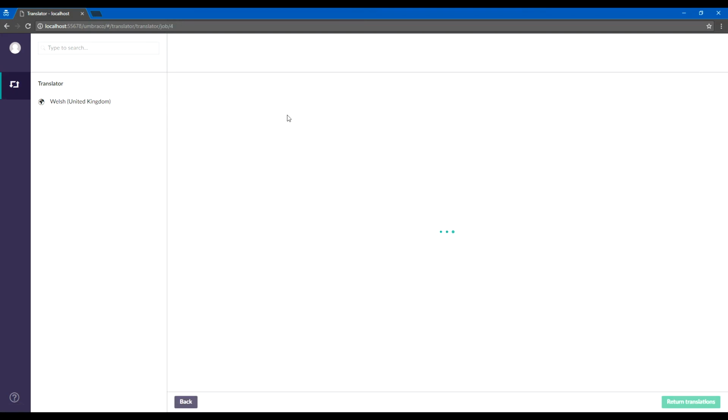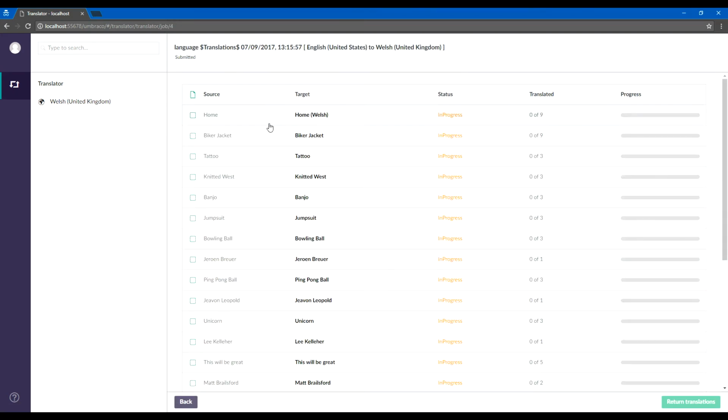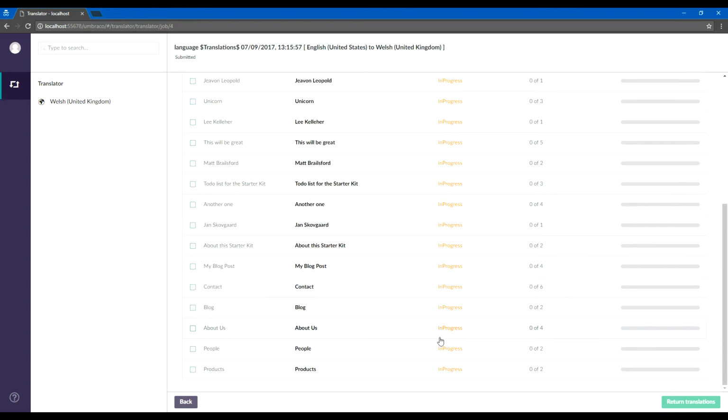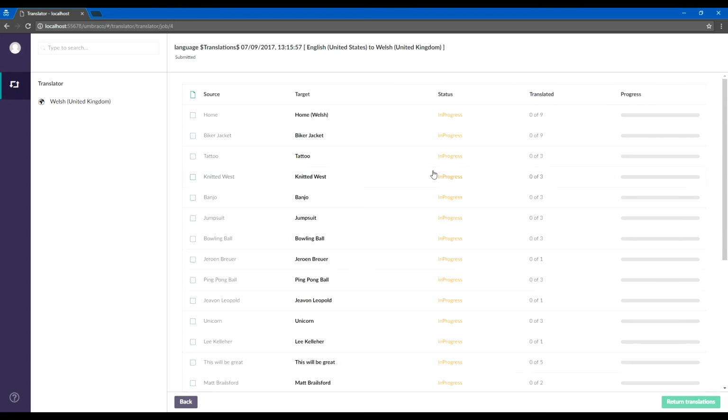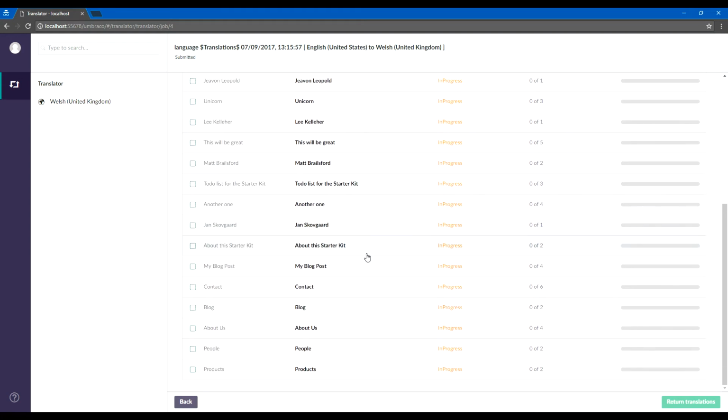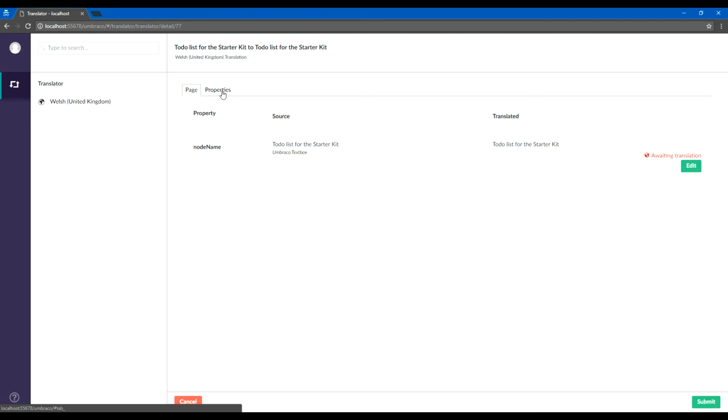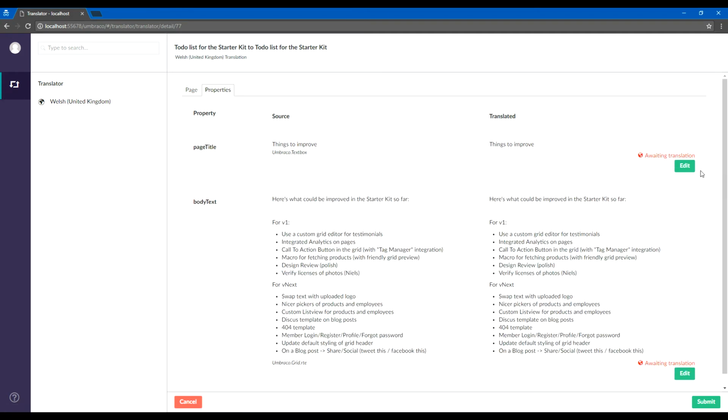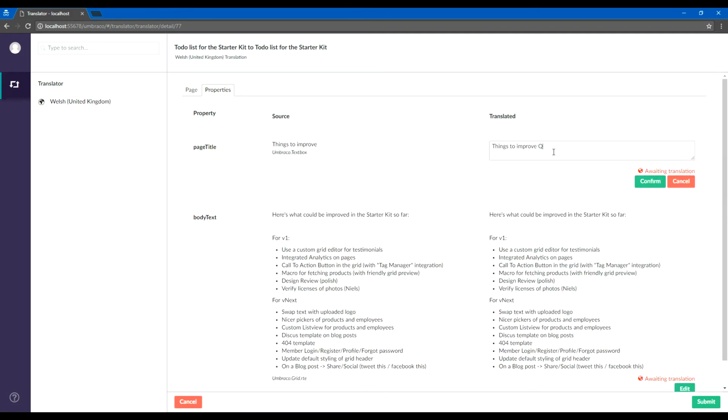From a translator point of view, what they can do is go into the translation job, and they can see each individual node and how many properties it's got, and equally they can then go into each of these individual jobs and start to do the translations for you. For example, here is the node name, so this is the starter kit page, and we can simply translate that one field, and then there's other fields over here. We can translate this,